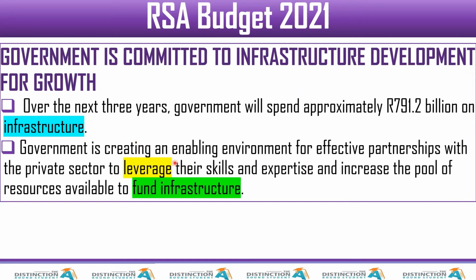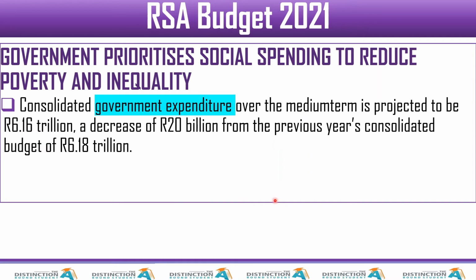Government is creating an enabling environment for effective partnership with the private sector. So the public sector is going to work hand in hand with the private sector, which is going to leverage their skills and expertise and increase the pool of resources available to fund infrastructure. So it's a good thing. All right,